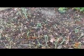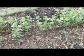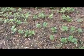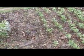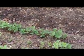You can see the onion sets are coming on well. We should have plenty of onions next year, and the garlic on the other side. The broad beans are doing quite well as well. They probably won't put on much more height now before the spring. They've got themselves established. I might need to give some thought to putting a bit of fleece netting up or something, just so that they get a bit of protection from frost, because they're one of the more exposed